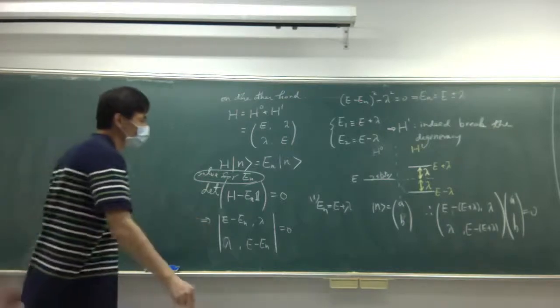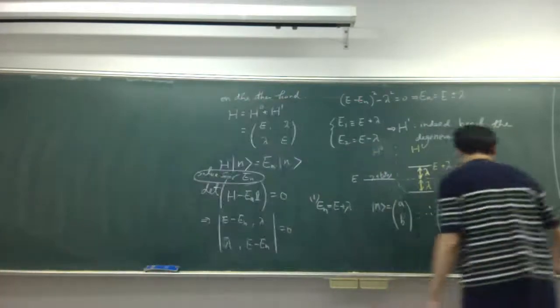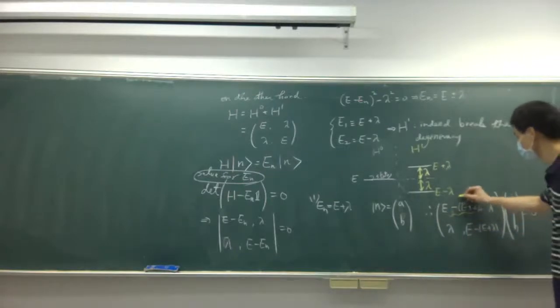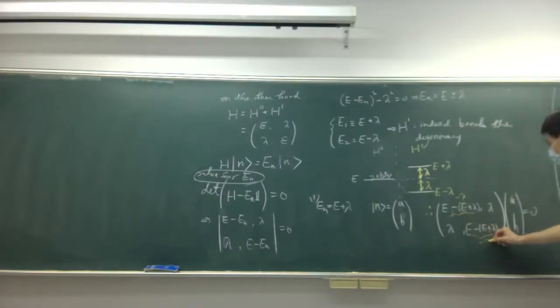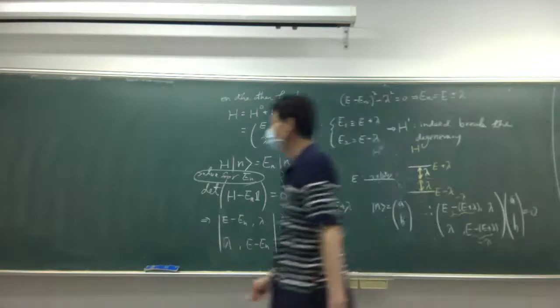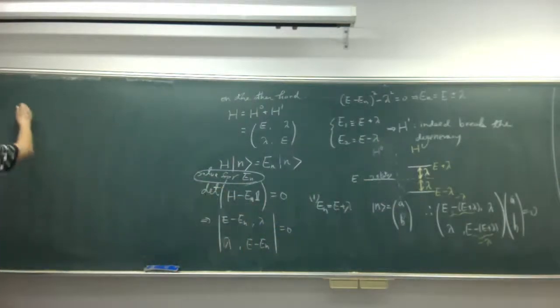So we solve for it. This is equal to minus lambda, and then from that equation, you can see that we got A equals B. So I can define my first eigenstate is